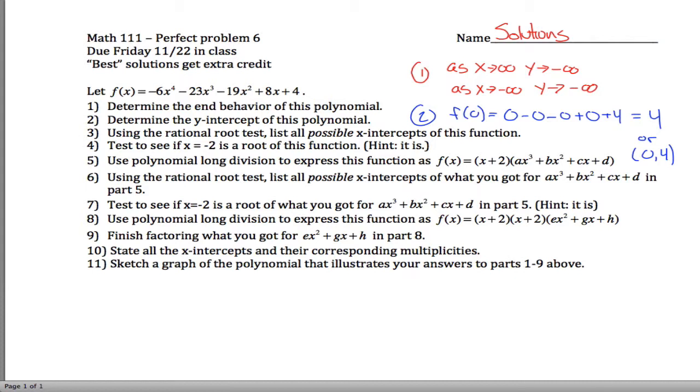Alright, those are the easy parts. Now it gets harder. Part 3. Using the rational root test, list all possible x-intercepts of this function. So the rational root test tells me the possibilities for them, not necessarily the x-intercepts,